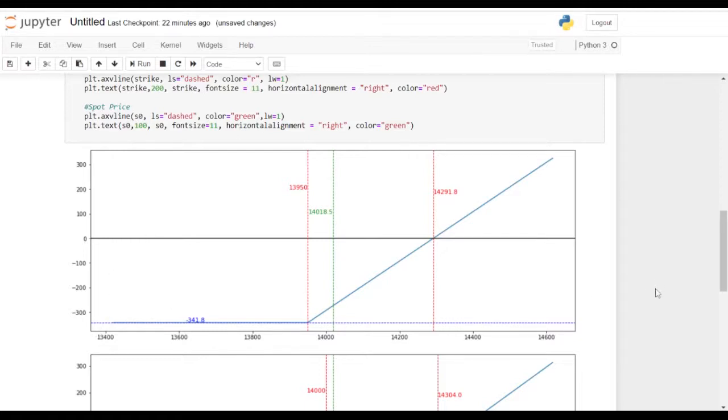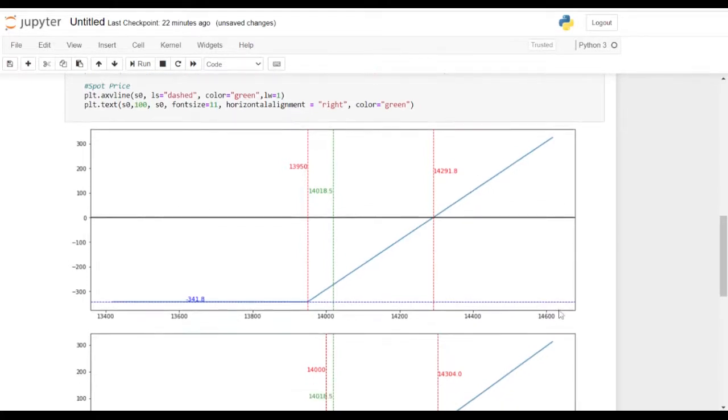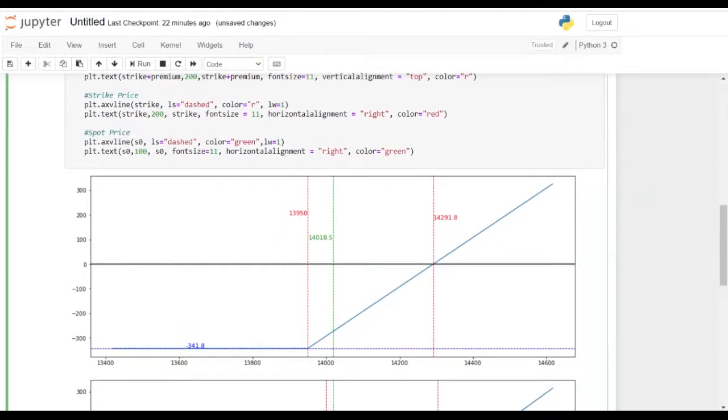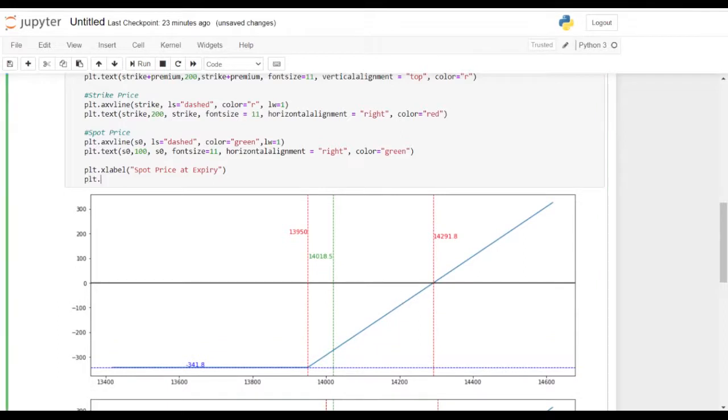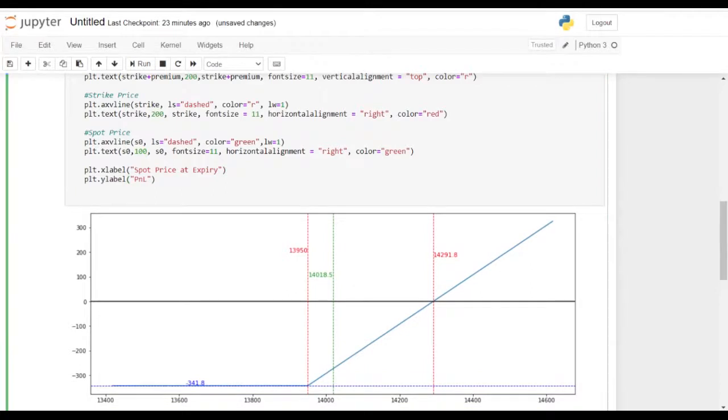Moreover, it's a good practice to label your x and y axis. You would be learning that in school too, because that's very important. If after 6 months you are seeing this, you would need to go through the code and check what my coordinate axes are. So I'll be adding the x label, and you need to add a string over here, because the argument needs to be of the data type string: spot price at expiry, and y label as the PNL. You could write it as payoff. I'm using PNL.